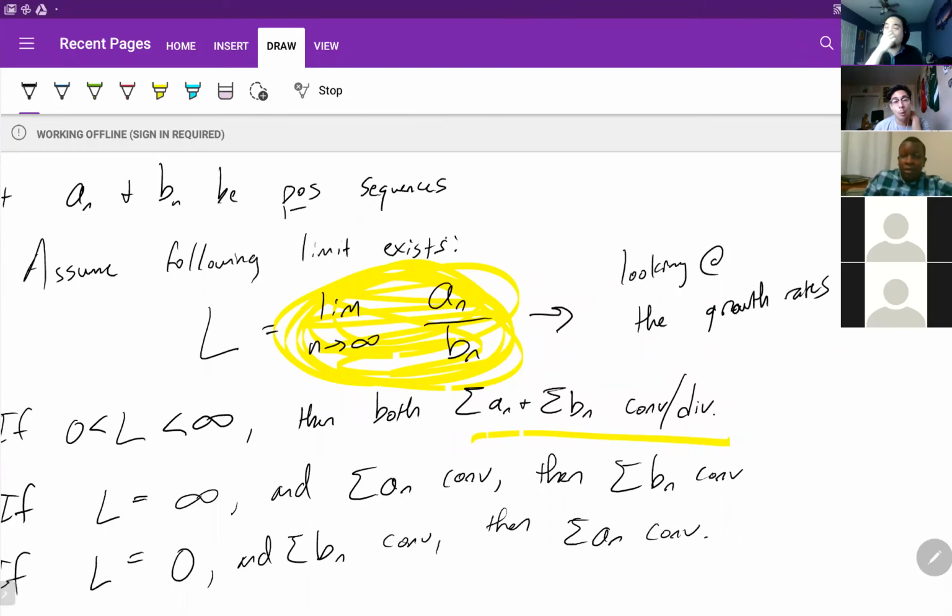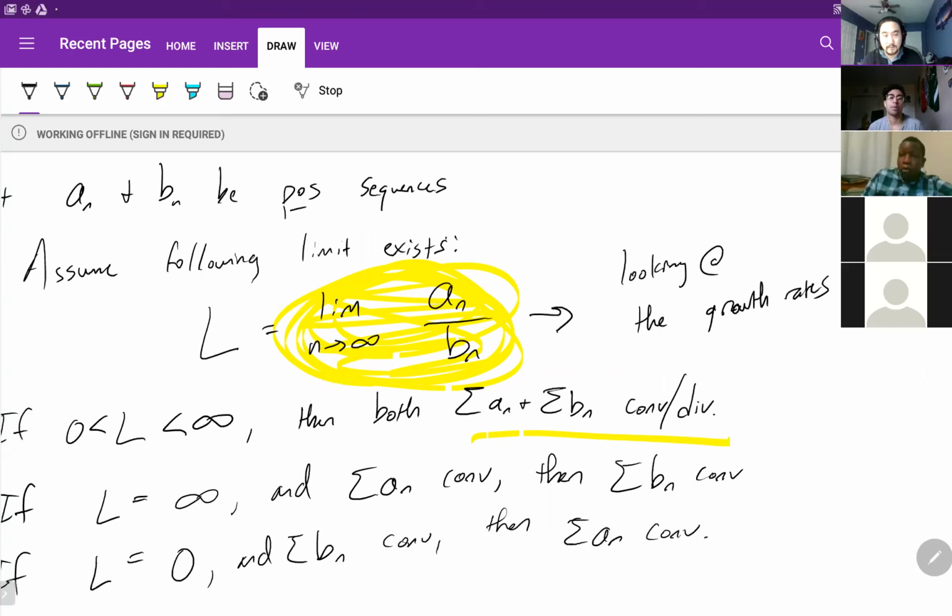Think about it like this. You guys drive, right? Imagine a car that's 10 feet in front of you, but both of you are going the same speed limit. Both of you could be going 65 because you're safe drivers. So both of you are going 65 miles an hour, but there's 10 feet in between you. That's what that 2 represents. That's what that constant represents. Yes, there's space in between you, but both of you are going at the same rate. That's why it canceled out and became a constant.